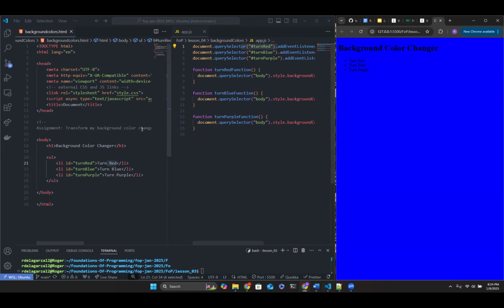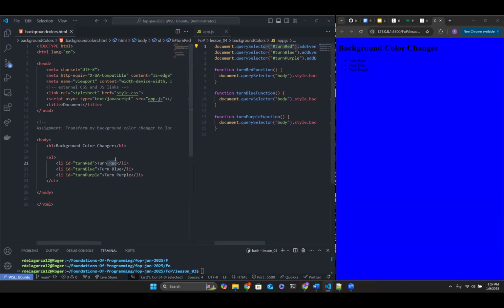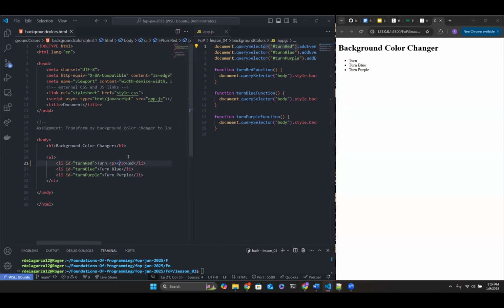Yes, absolutely, right? I could wrap this in something like a p tag, put red in here, and then instead of adding the ID into this list item, I'll give the ID to this p tag here, where the ID equals turn red. Now it looks a little weird because there are 2 different elements.